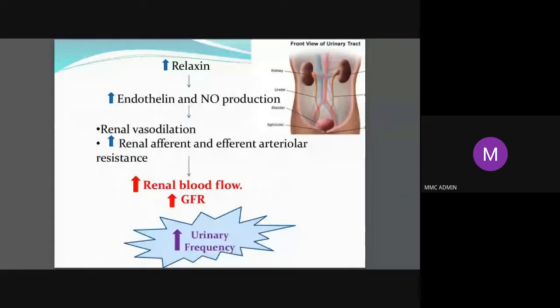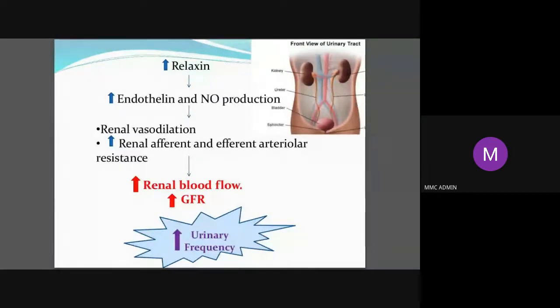That is one reason. Another reason is that the gravid uterus, up to 12 weeks, is still within the pelvis, so it is pressing on the urinary bladder. So all these things will make her want to pass more urine in the first trimester. The same thing happens again towards the end. Near term, when the head descends into the pelvis, it once again compresses the bladder, causing her the sensation of wanting to pass urine frequently. So these are some of the physiological changes and an explanation for increased urinary frequency in pregnancy.